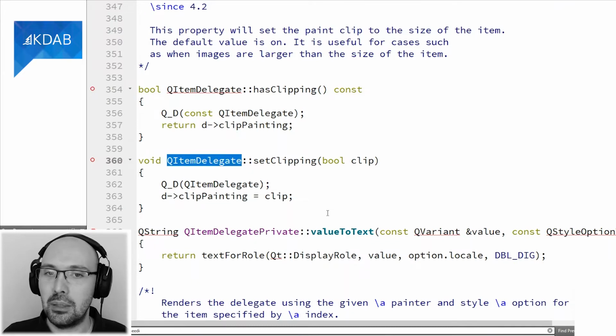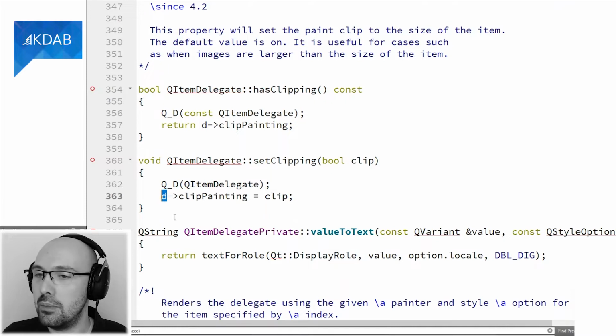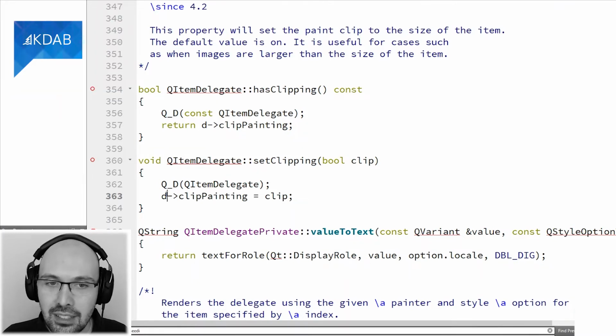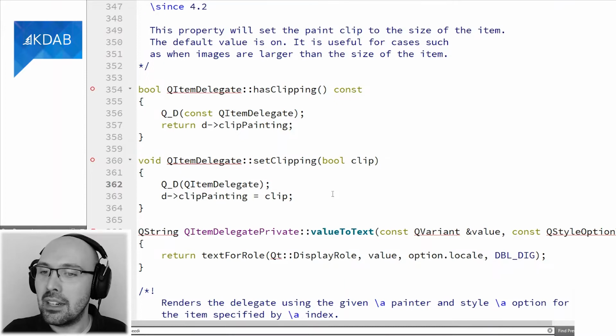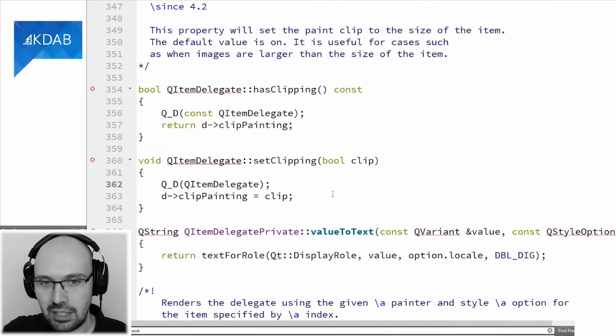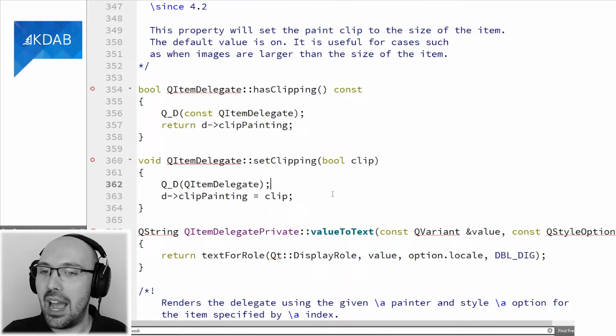So here I'm inside QItemDelegate, I'm inside the public class, and let's suppose I want to reach for my private class. How do I go there? Well, I need this little pointer to point to my private class, and then I can access whatever property this is accessing. In order to get this pointer to my own private class, I'm going to use this little macro coming from Qt, which is called Q_D. The point of that macro is to simply introduce the d pointer inside the scope of this function. So now I do have a d pointer and I can follow it, and this will land in my QItemDelegate private class, which is what I want to modify here.